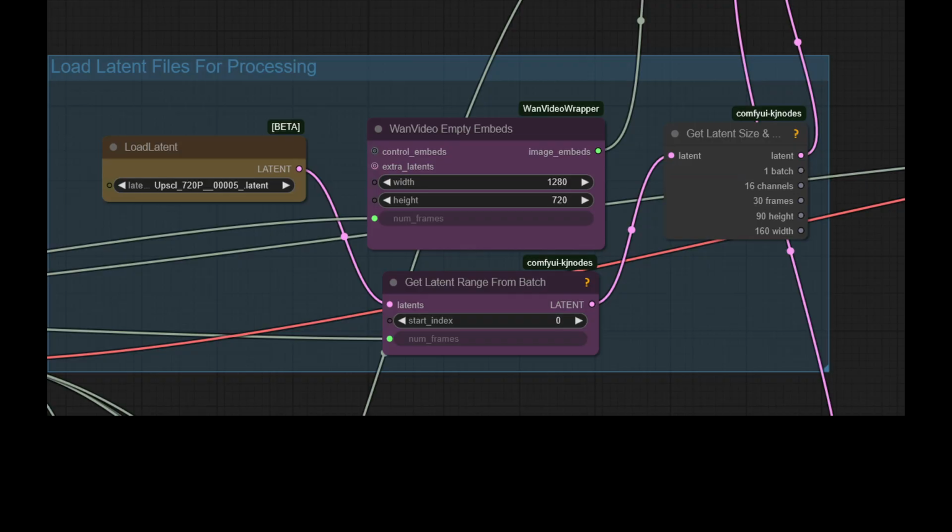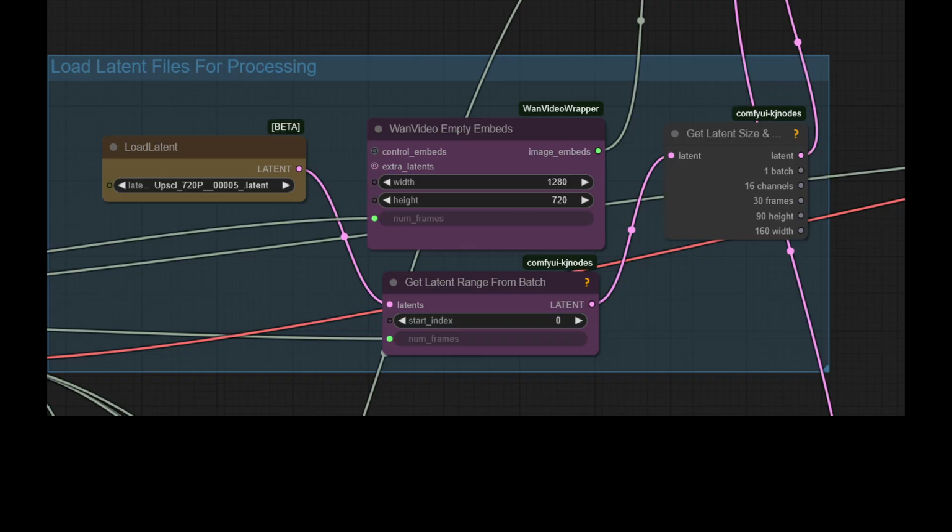So back to the latent file loading section, and here you see loading up what was 120 images encoded to latent space and saved out to a latent file. Here I then load it up again, but ready to send it to the sampler. You can't see it in this screenshot, but plugged into the get latent range from batch node is the 120 frame set node, and that is going into the number of frames section for that node. So this is in theory loading at 120 frames. And this is where I got a bit confused, because is that loading at 120 images or 120 times 4 latent images? I have no idea.